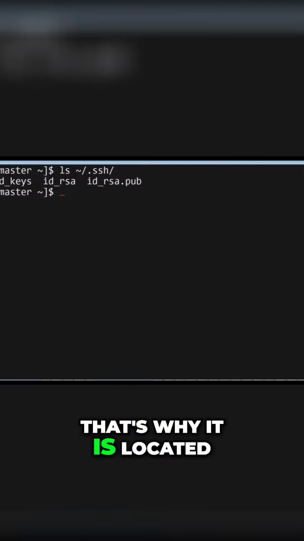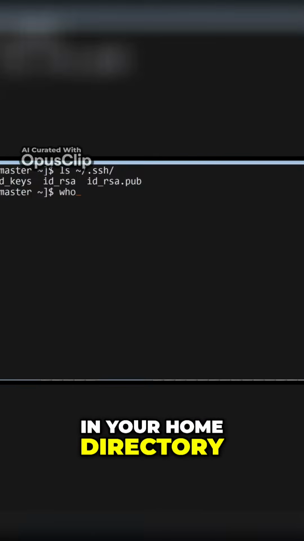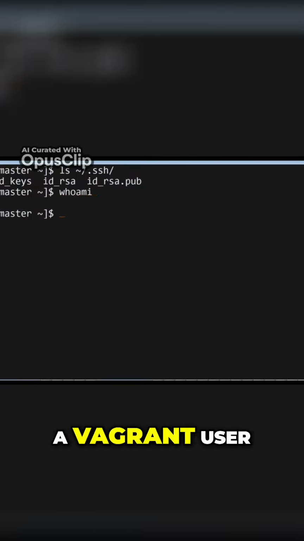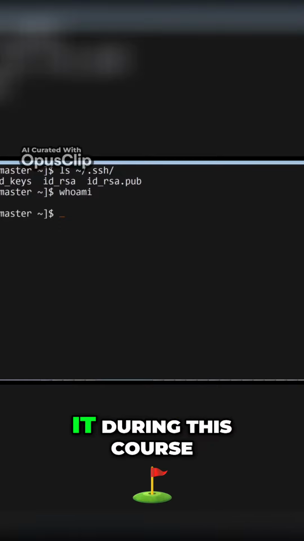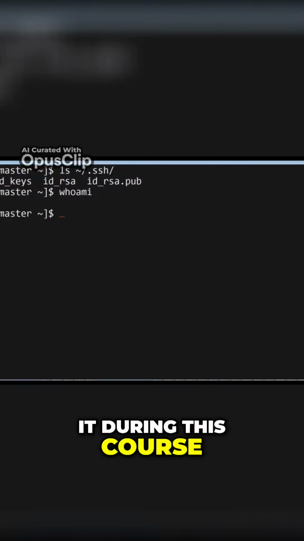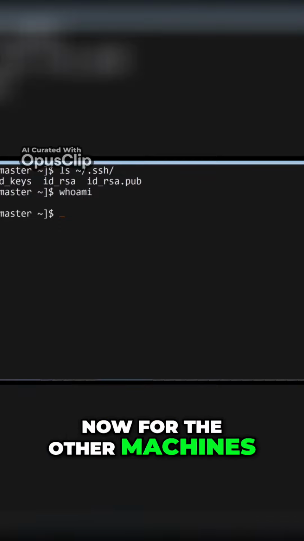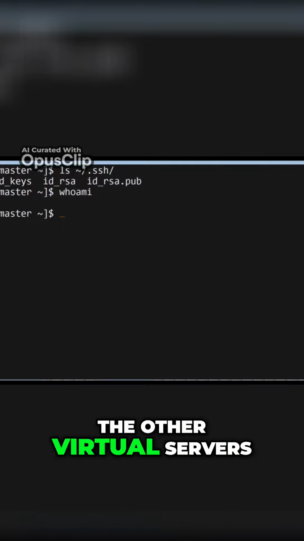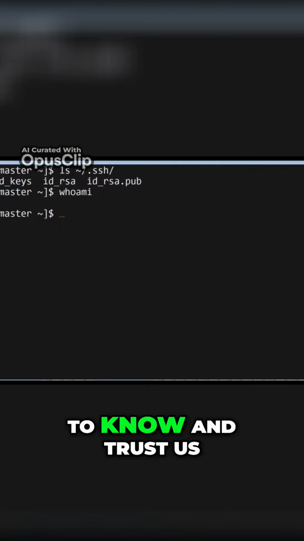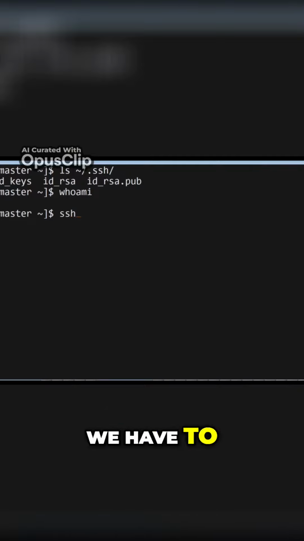That's why it is located in your home directory. In my case, it's a Vagrant user. I'll be using it during this course. Now for the other machines, the other virtual servers, to know and trust us, we have to copy this key